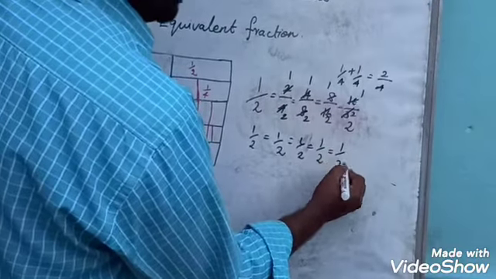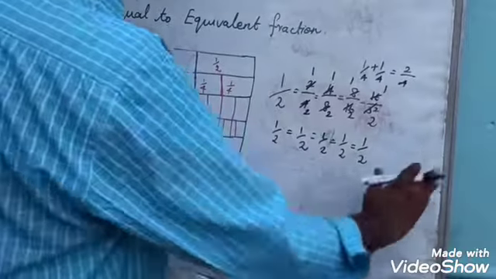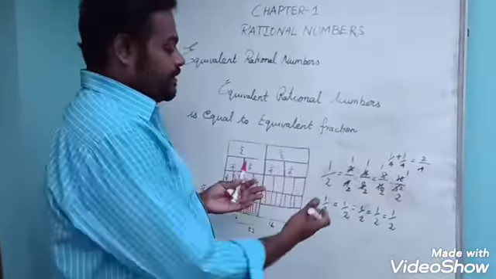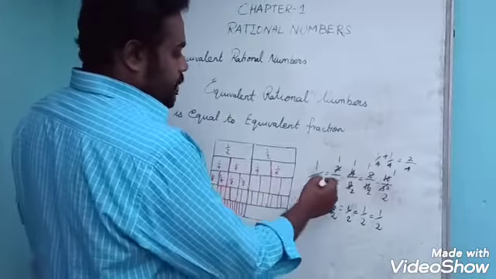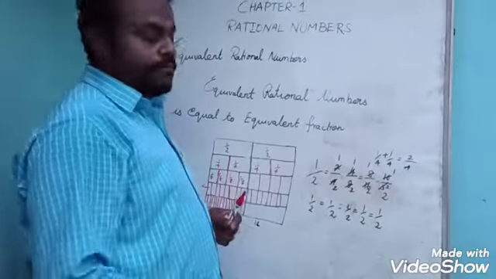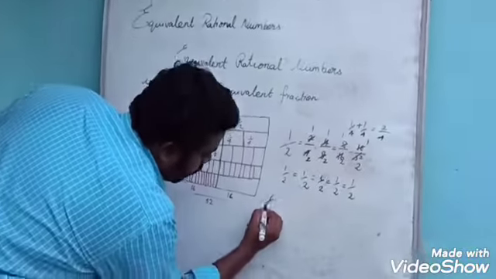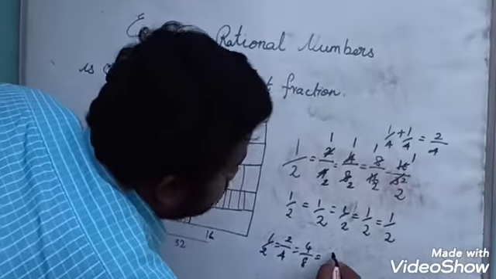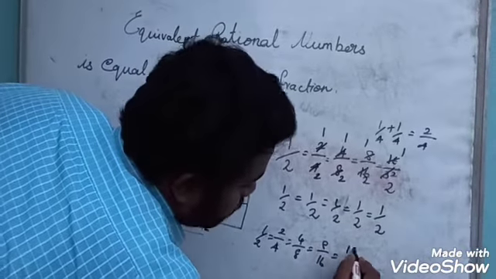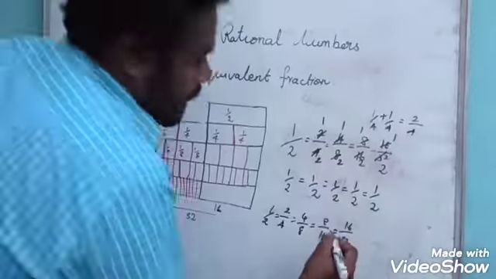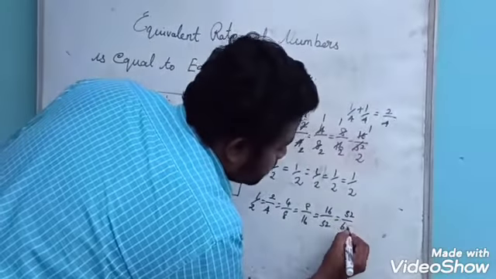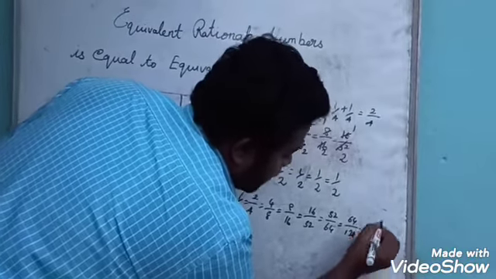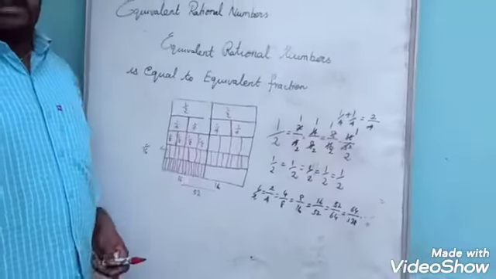This one is also equal to 1 by 2. So all the simplification it becomes 1 by 2. You see that there is no simplification. We can't simplify anymore. So all the values are equal to 1 by 2. So we conclude 1 by 2 equal to 2 by 4, 4 by 8, 8 by 16, 16 by 32 and so on. It becomes 32 by 64, 64 by 128, etc. These are all the equivalent fractions.